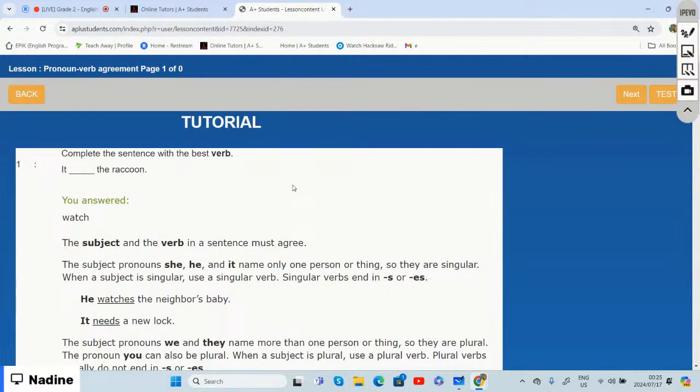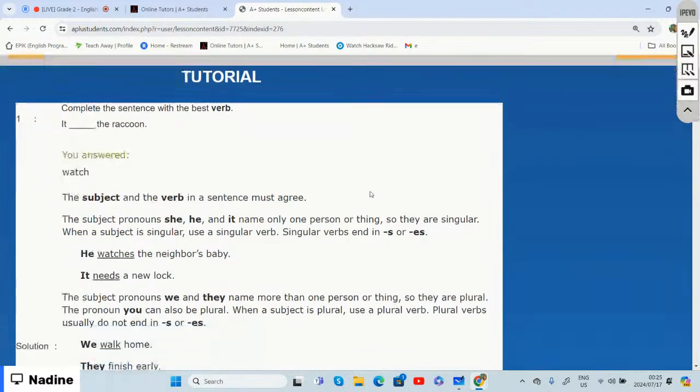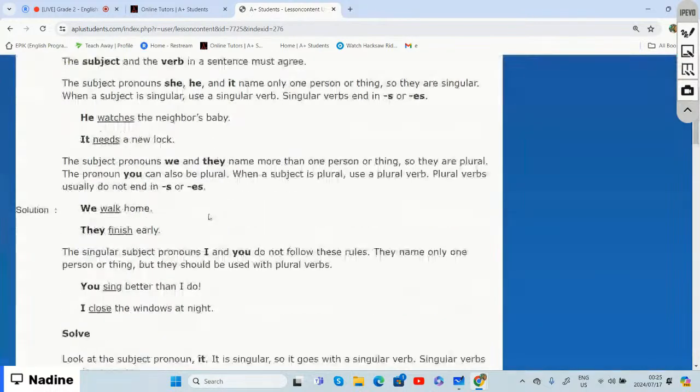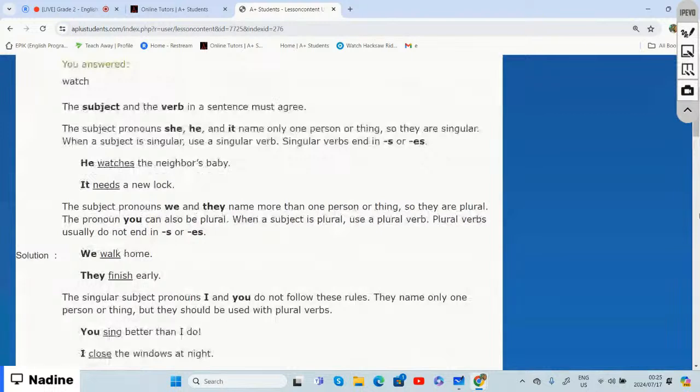All right. So before we go on to our test, we said that we have our subject as well as our verb. Remember, our chapter is subject verb agreement, right? Subject verb agreement, which means that our subject and our verb need to agree, right? So within a sentence,